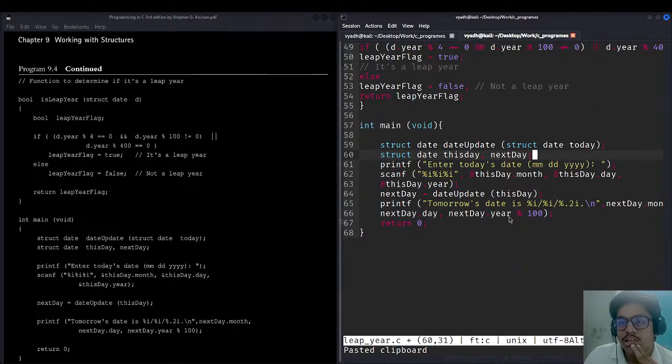स्ट्रक्ट डेट टुडे नहीं काम करेगा ये। डेट अपडेट में यू स्मॉल आएगा।